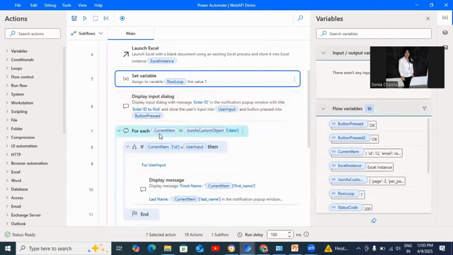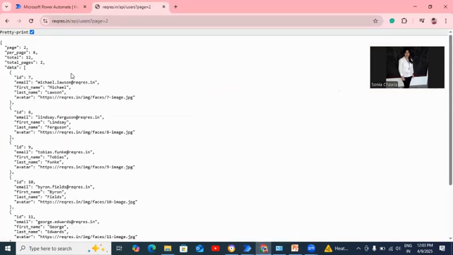In the For each loop, we are using this JSON as custom object because of how we are using the data. Here you can see this is the data, this is the JSON, the root of the JSON. In this data you have ID, email, first name, last name, and avatar.